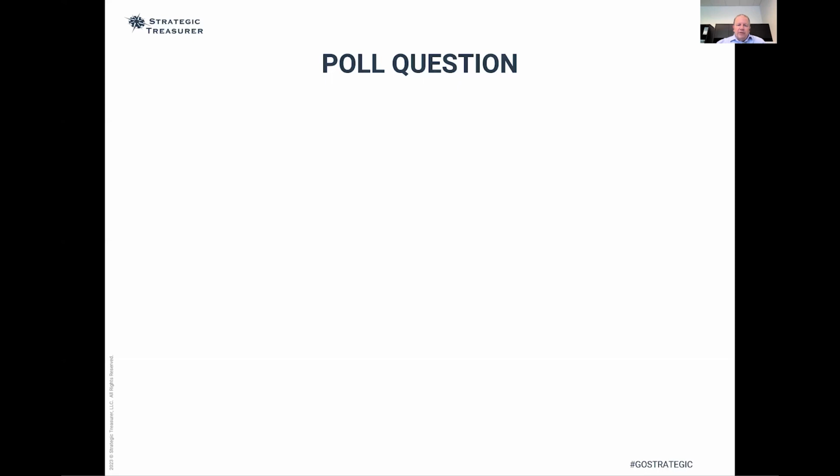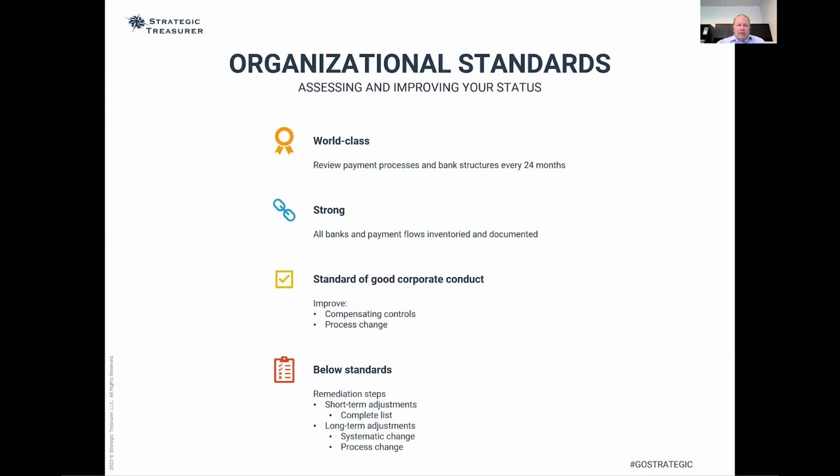just because these 30-minute webinars are quick. So, what are the organizational standards for assessing and improving your status? These are 4 different levels that we could refer to: world-class, leading practice or strong, standards of good corporate conduct, and below standards. Now, below standards is not something that's commercially reasonable. You're just saying, well, the bank's going to protect me if there's an issue, as long as I